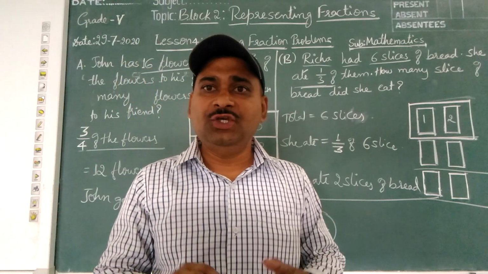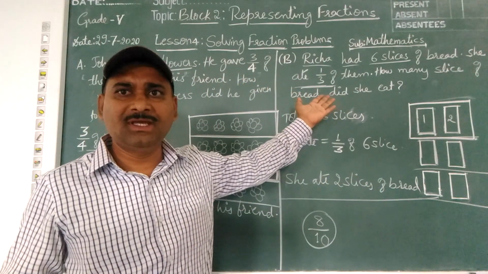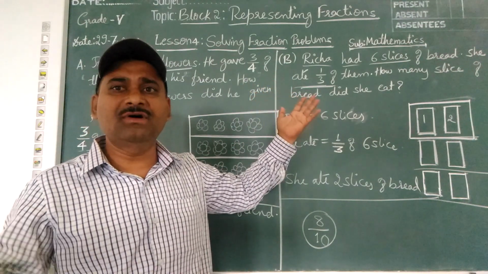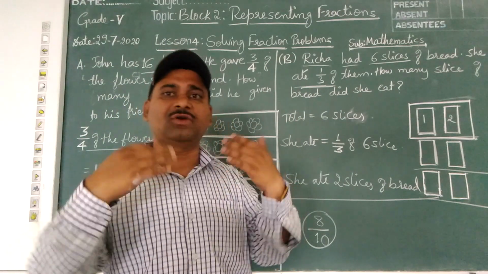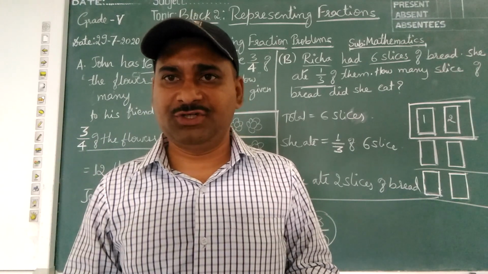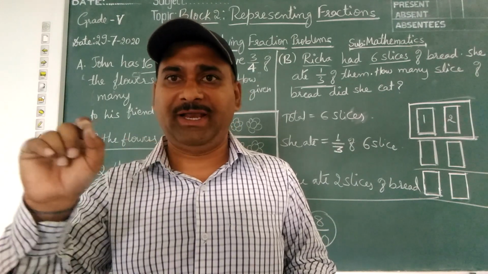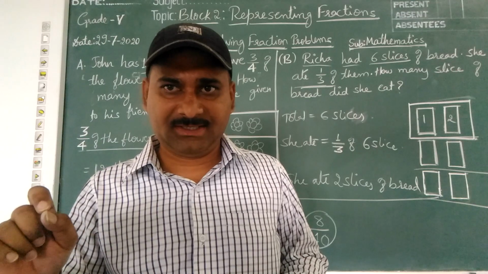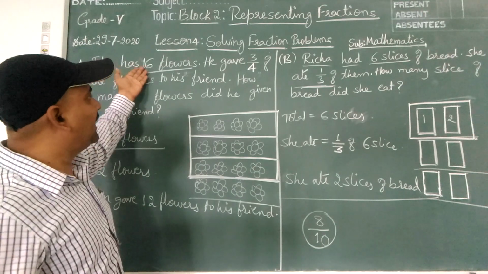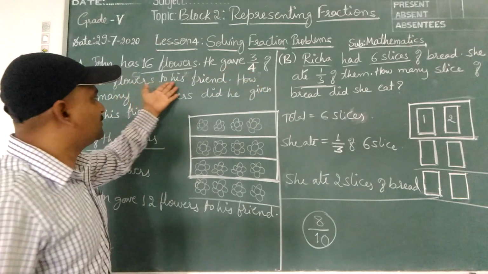One more type is you should create your own word problem. Here you are seeing sample word problems. You will get word problems in the lesson, you will get word problems in the worksheet. Any word problem you select, you create your own word problem. Only a fraction will be given to you. 6 by 8 of 24. By looking at this, create a word problem. How will we create 6 by 8 of 24? John has 24 flowers. He gave 6 by 8 of the flowers to his friend.